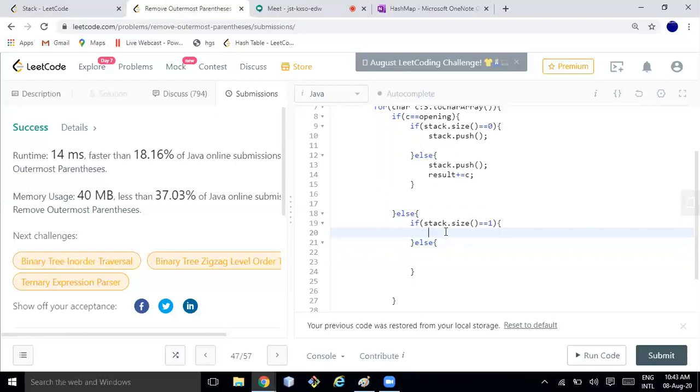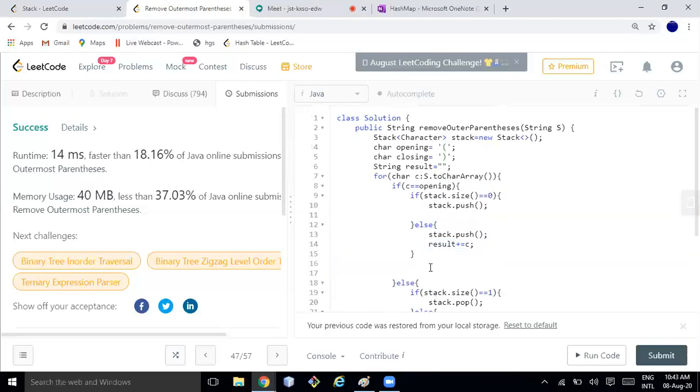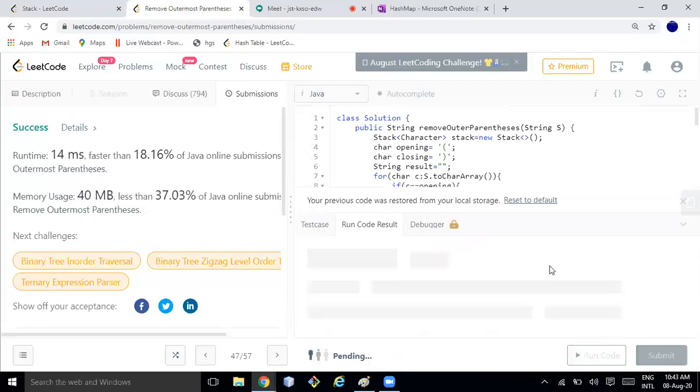So if it is equal to 1, then I'll just do stack.pop as well as result plus equal to C. And I'm returning result. Let me try to run the code, how it goes.